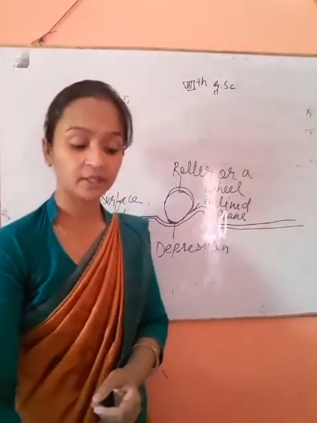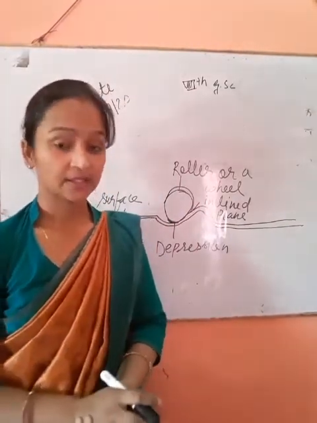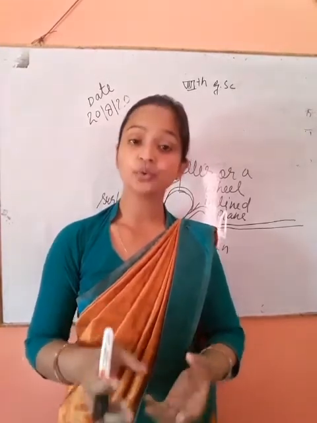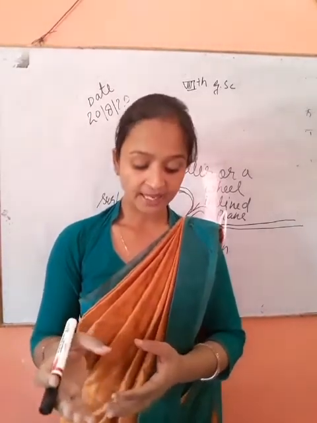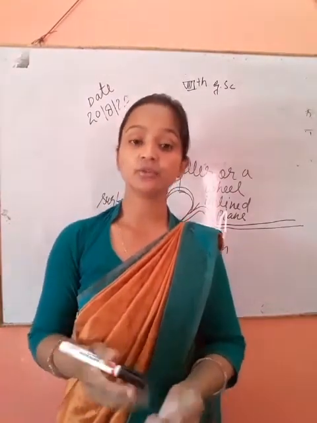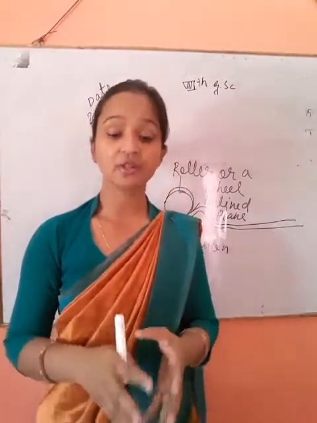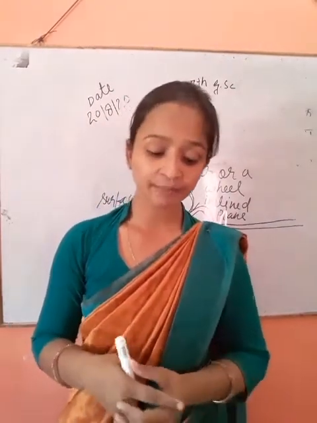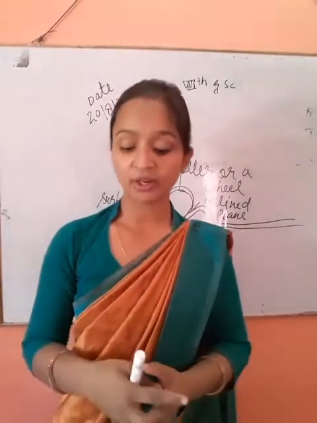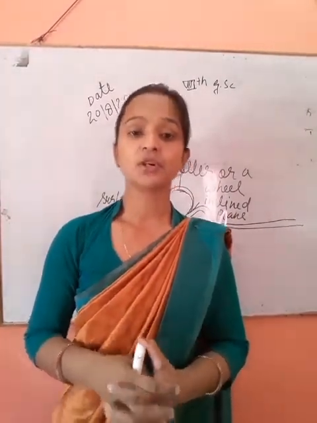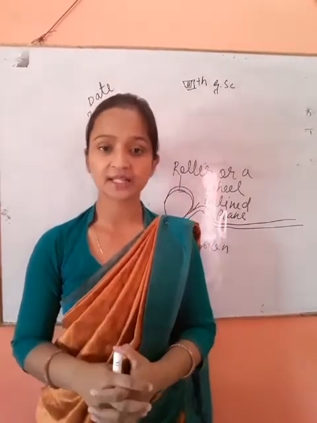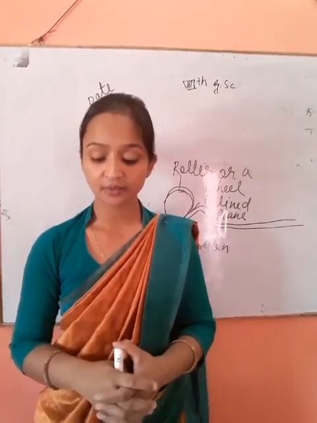And in rolling friction you see the definition: the friction experienced by a body when it is made to move over bodies like a roller or a wheel is called the rolling friction. Then you see how rolling friction is caused, and the diagram I drew, and then examples of rolling friction. What are the examples of rolling friction? So there are four examples, and you will read them.